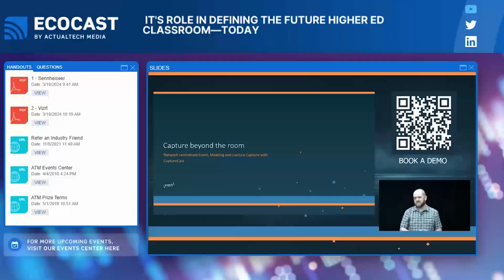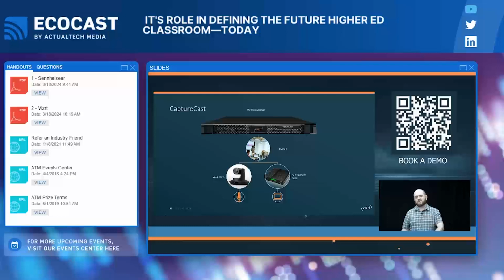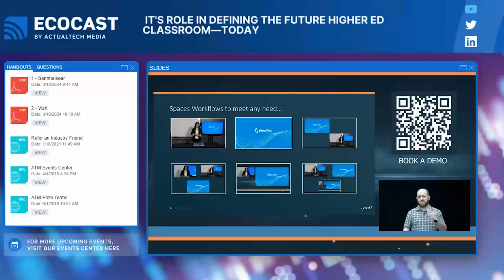But of course we want to start doing something with that, and that is where CaptureCast comes in as a network centralized appliance, enabling you to ingest these sources and start recording, streaming, capturing it. Now, CaptureCast is completely template driven. You can see some examples of the workflows that we can drive here, from capturing single presenter or content,